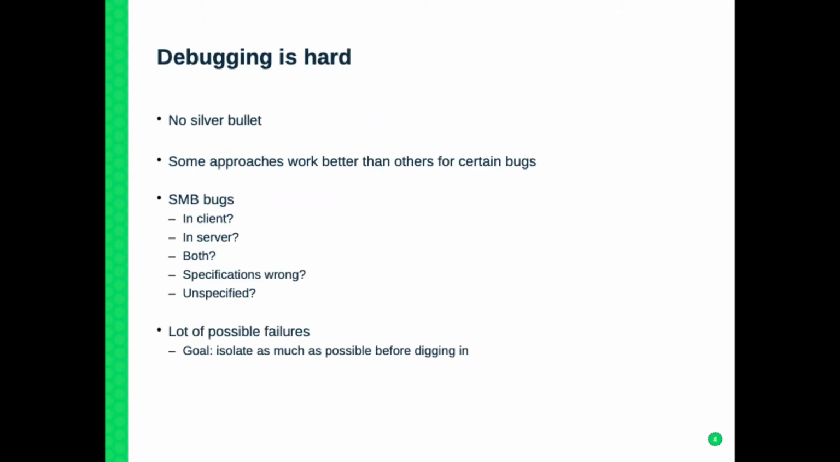So debugging is hard. There is no one way to solve every bug, obviously. So some approaches work better than others. When you have an SMB bug, it could be in the client, in the server, it could be in both. Sometimes the specification is wrong. Sometimes the implementation is wrong. Sometimes some of the behavior is not actually specified, so you have to clear that up. So yeah, it's not easy. There's many ways things can fail, and so you want to isolate as much as you can before you actually